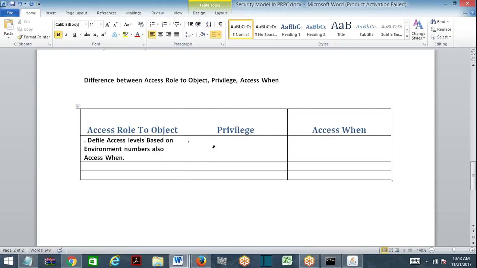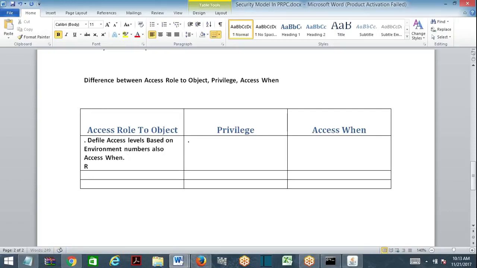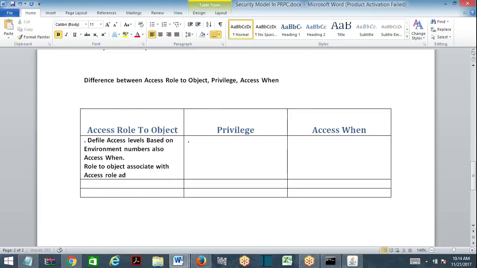Next point, role to object is associated with access role, and through it, the access group. What does that mean? Okay, we'll come to that point.